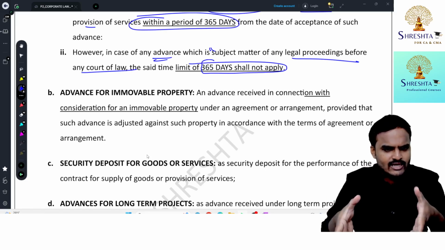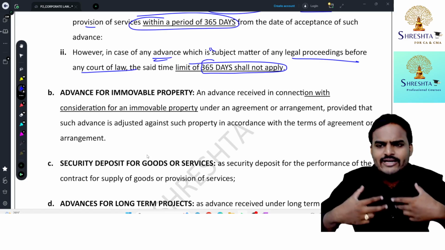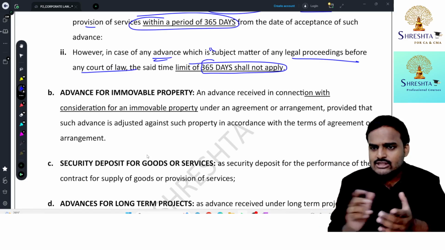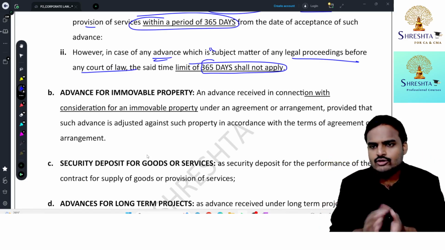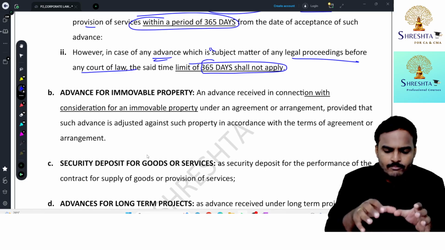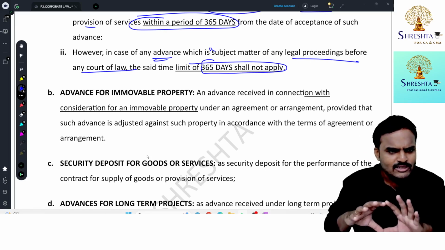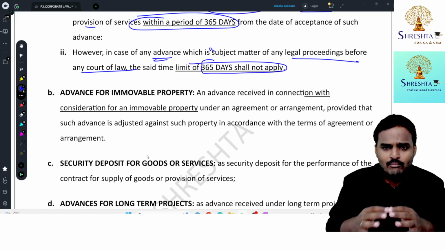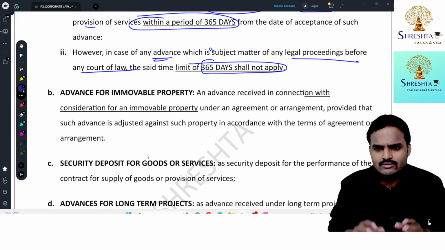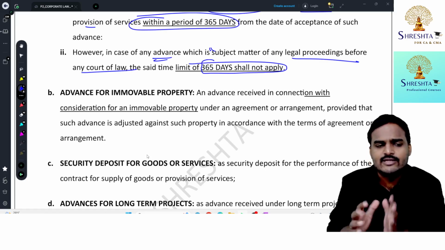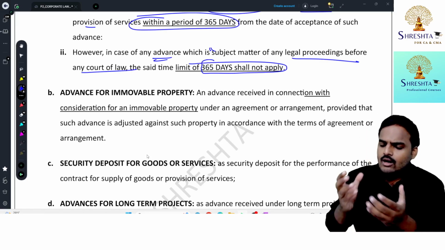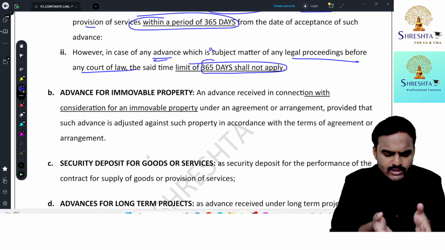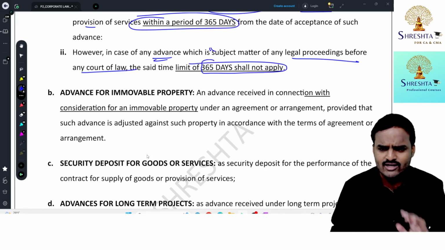Empty land. Now I'm providing service. I'm providing construction service. Because of the service, a building comes into the picture. A residential villa is coming into the picture. So the point, before completion of construction, the advance amount received is like a provision for service. Already construction completed, sir. Now I received an advance for sale of immovable property. B point. No confusion at all.